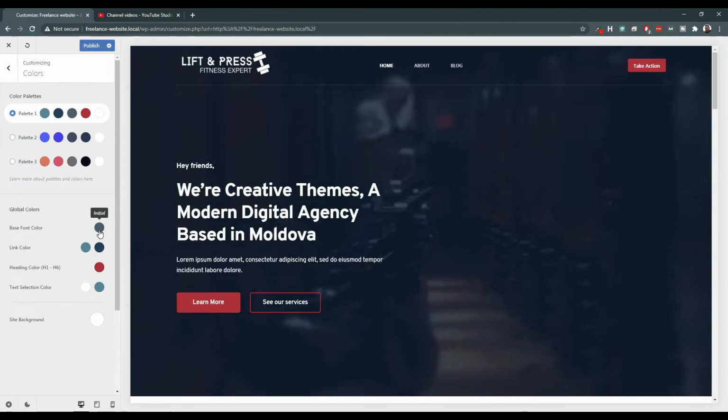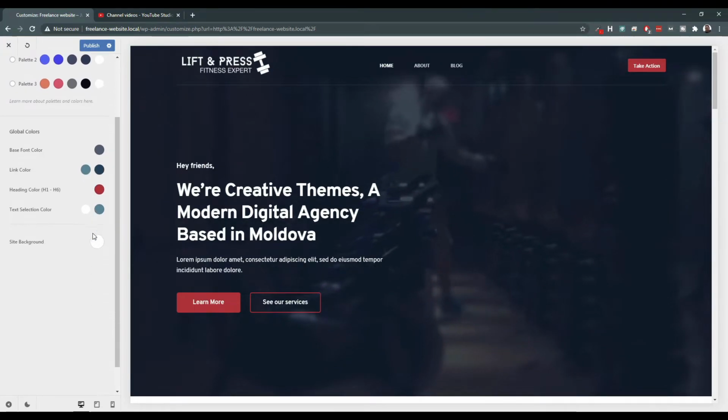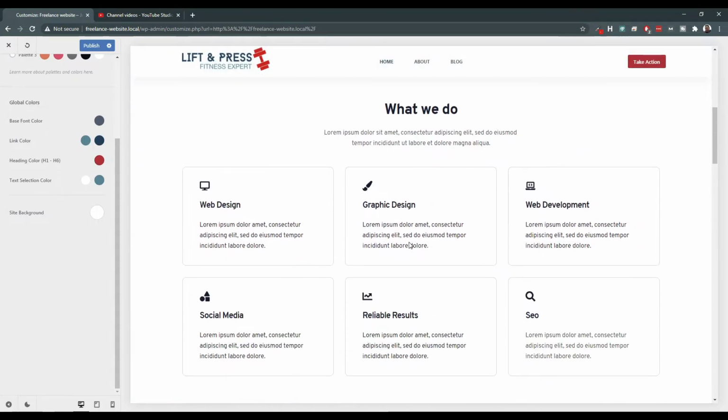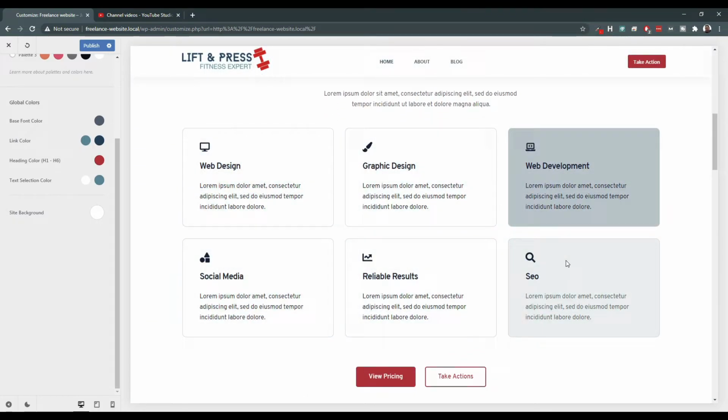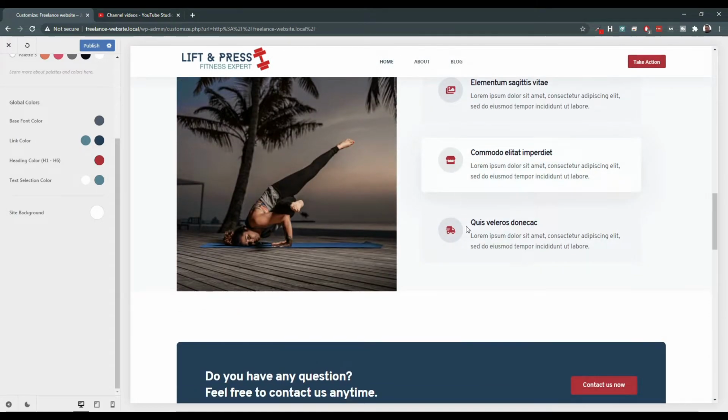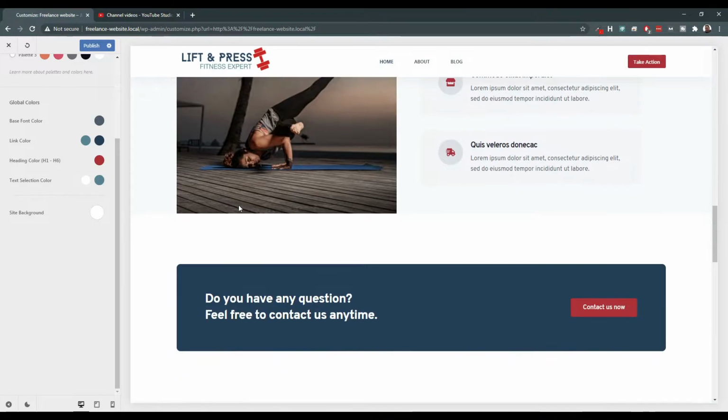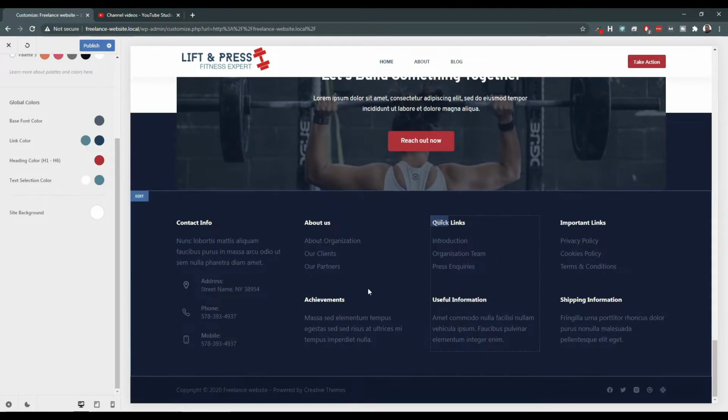That should be it. Base font color. So it's got a base font color. Yeah, I mean, that should be it. And we'll go in and, yeah, looks good. Are we missing anything? Let's look at the bottom area. This is rolling over the link color. That's that blue. I don't mind that, but I really wanted some